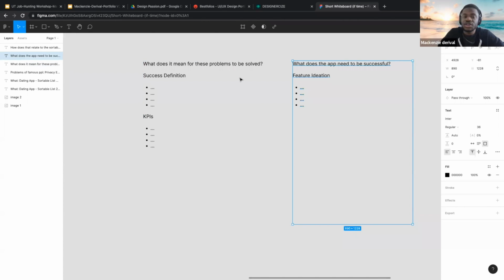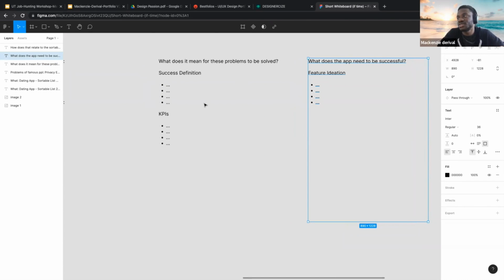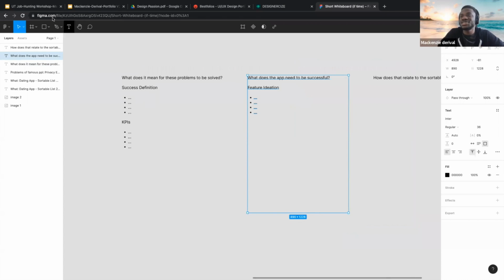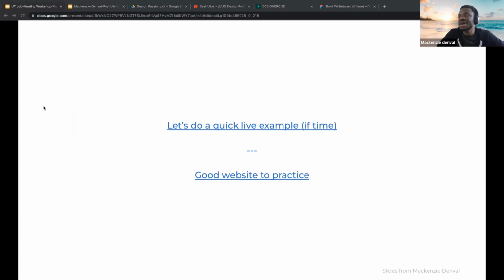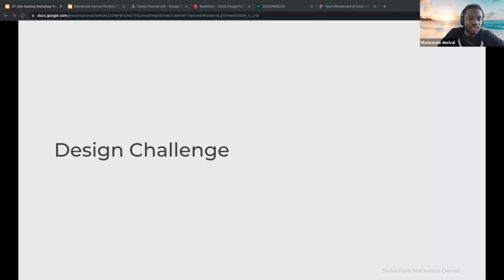So there's a lot of things you can play with when it comes to whiteboarding. But I would say the key is really to have fun with it. And then there we go. I wanted to do a live example, but I don't have time, so I pretty much showed you. And then a good website to practice is the one right here. And then when it comes to design challenges,